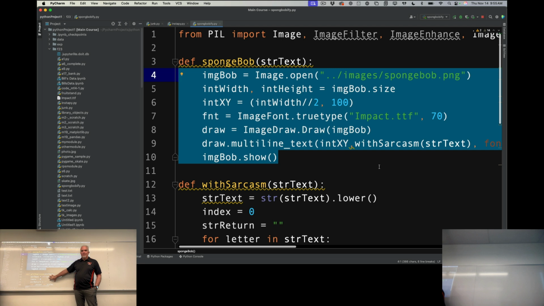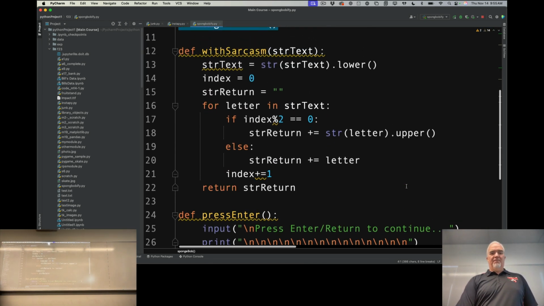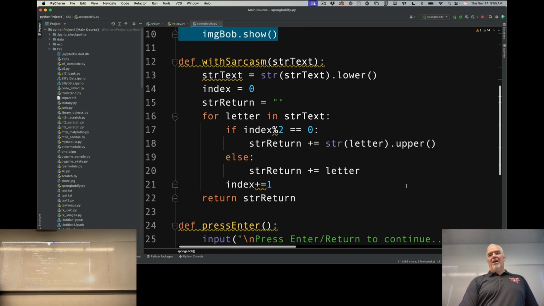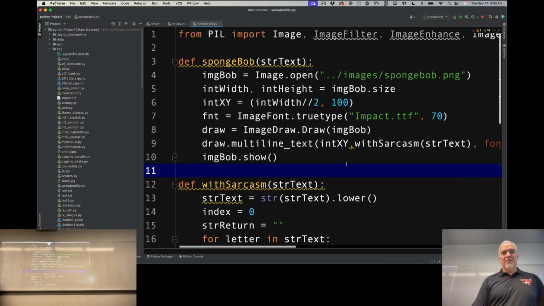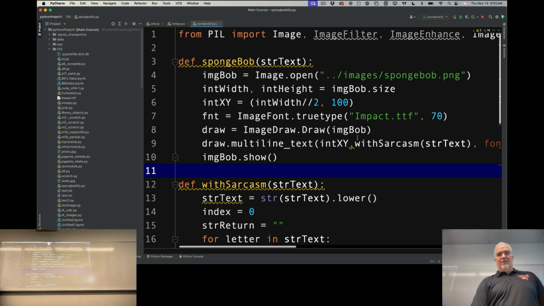The with sarcasm is just the thing that makes it alternate capitals and lowercase so that everybody knows you're being sarcastic. Everything else is just program mechanics. So the SpongeBob function is doing the heavy lifting here, and it's super short. So you can get a pretty cool little